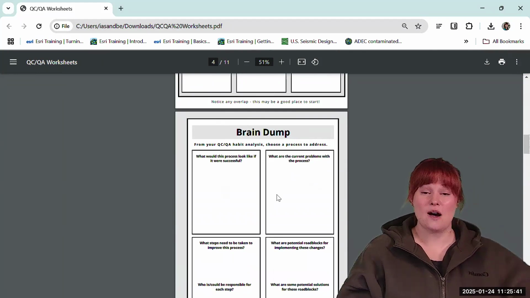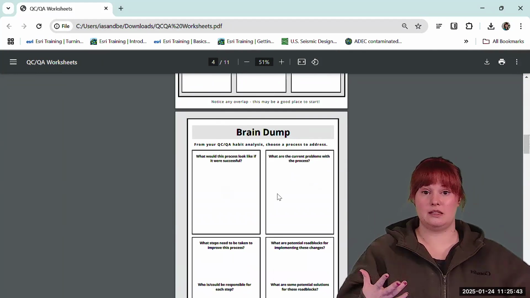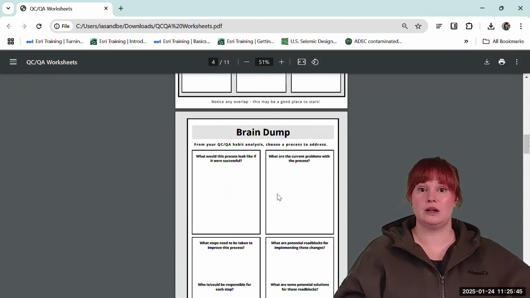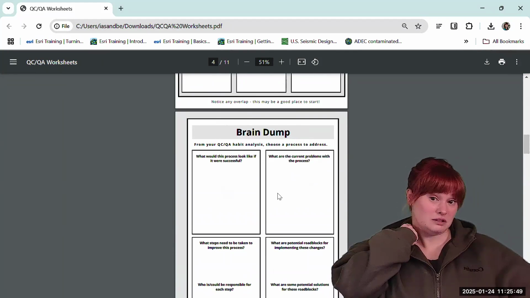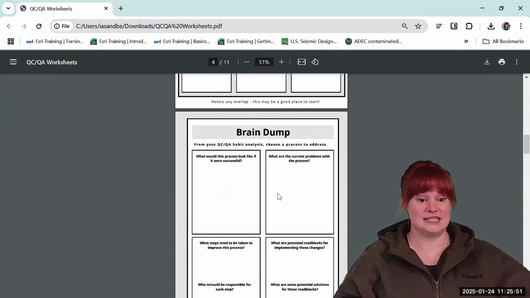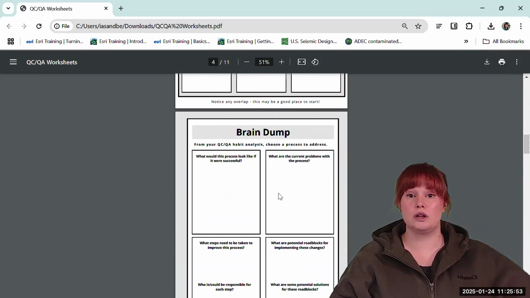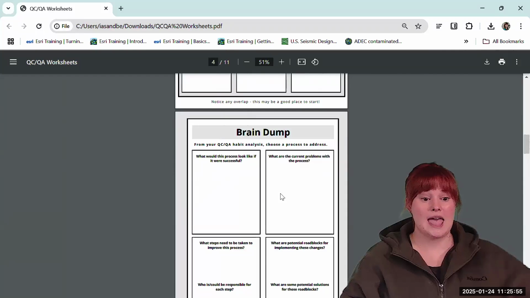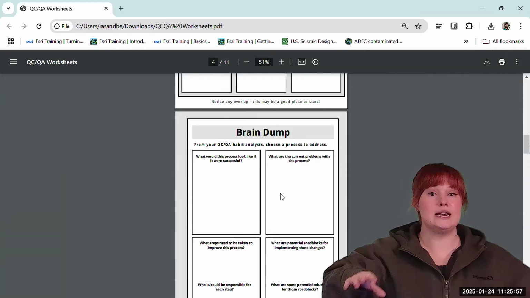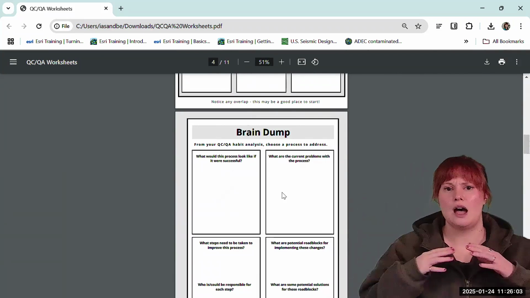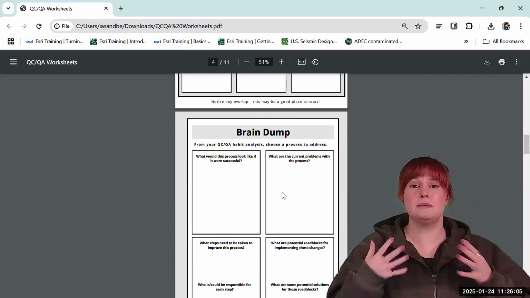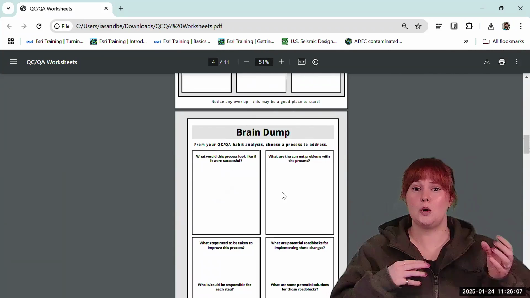All right, so now that you've maybe narrowed in on something like, hey, this is something that I think we could improve on, and it may not be that hard to fix, and there is some urgency to getting it done. Choose one of those processes to address, and now start thinking, just brain dump some ideas about what would it look like if you improved this process? What might the process be? What kind of problems are there currently with the process that can help you also?